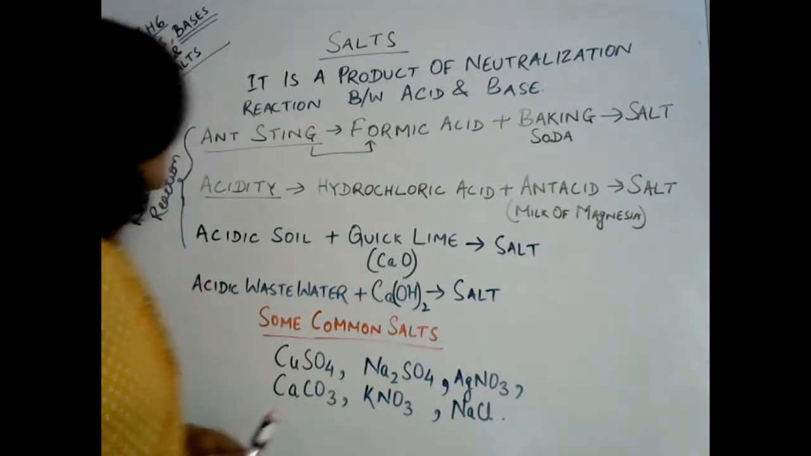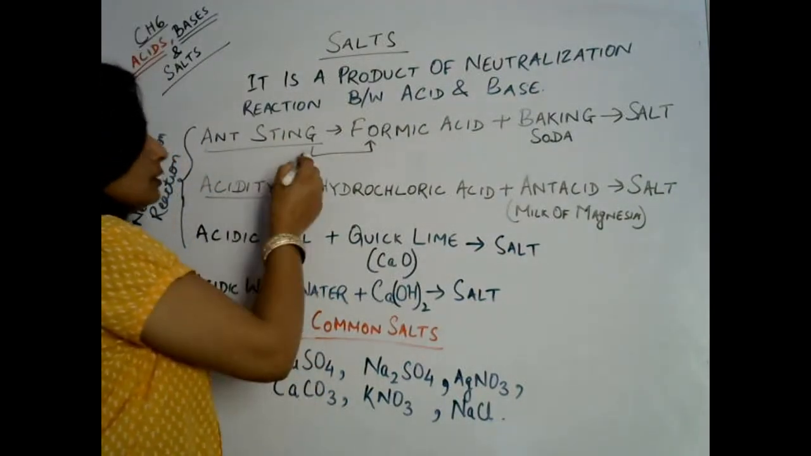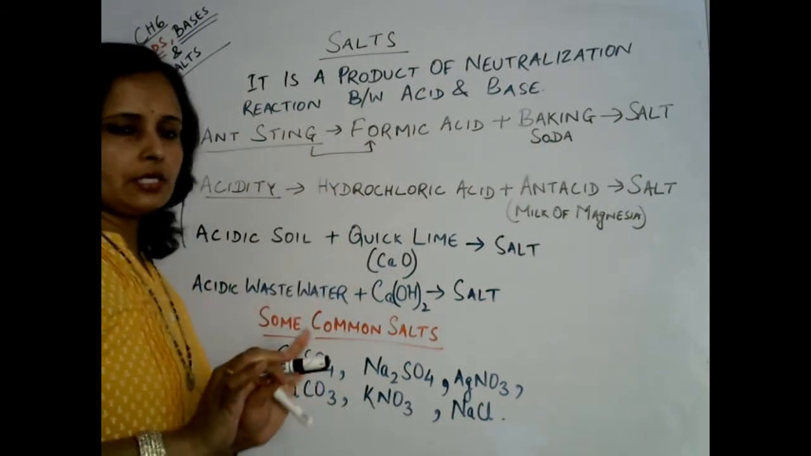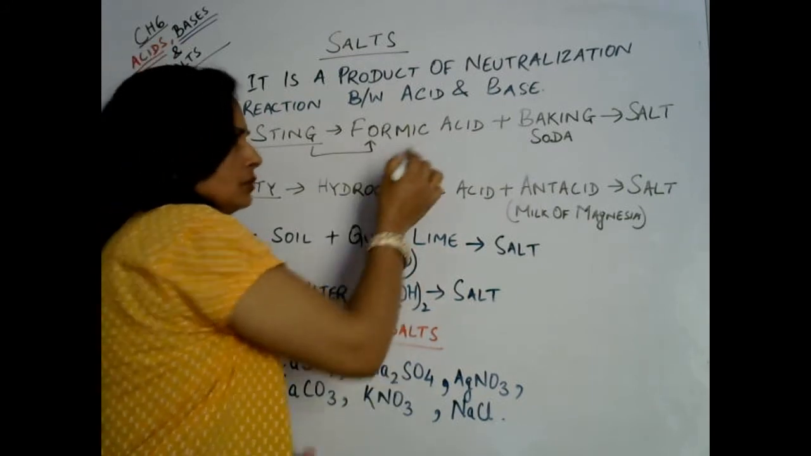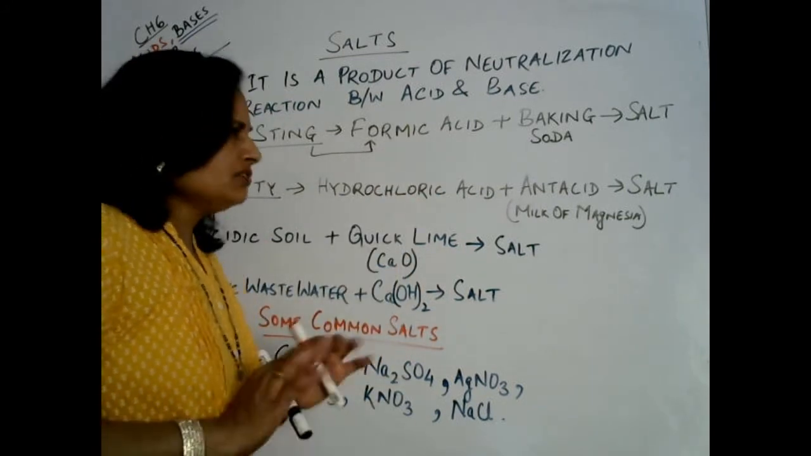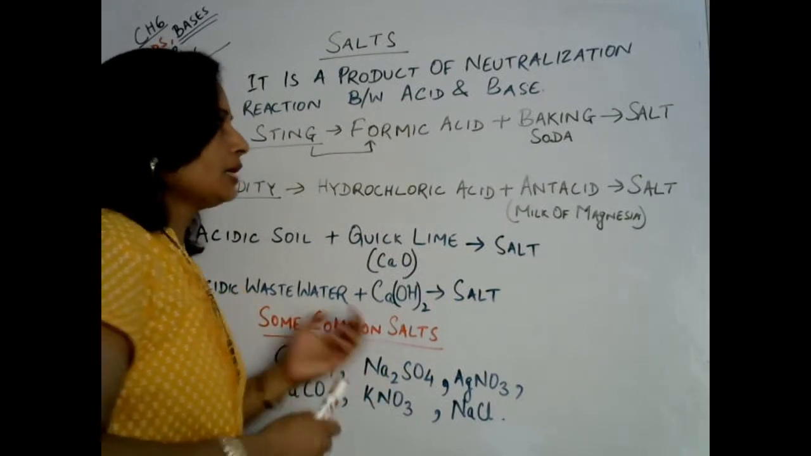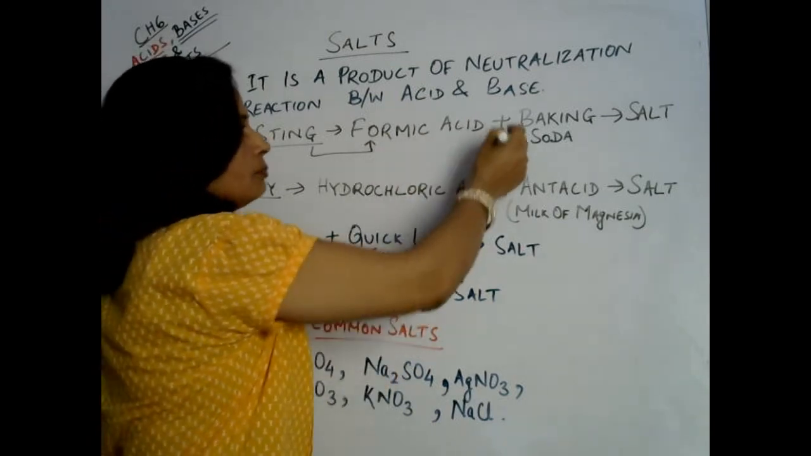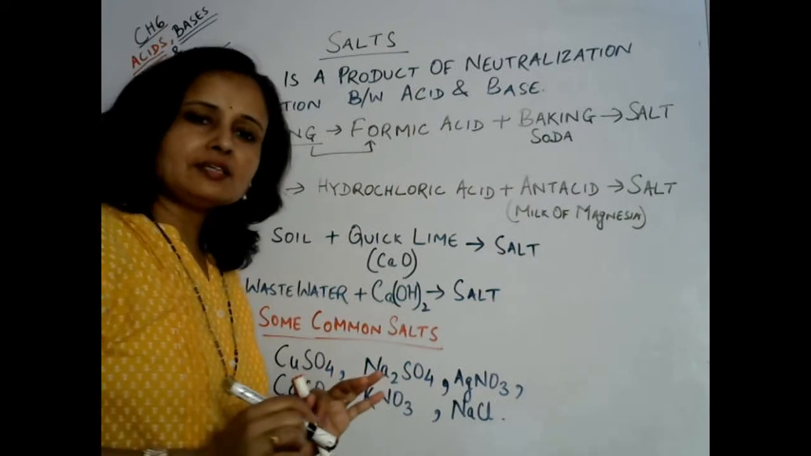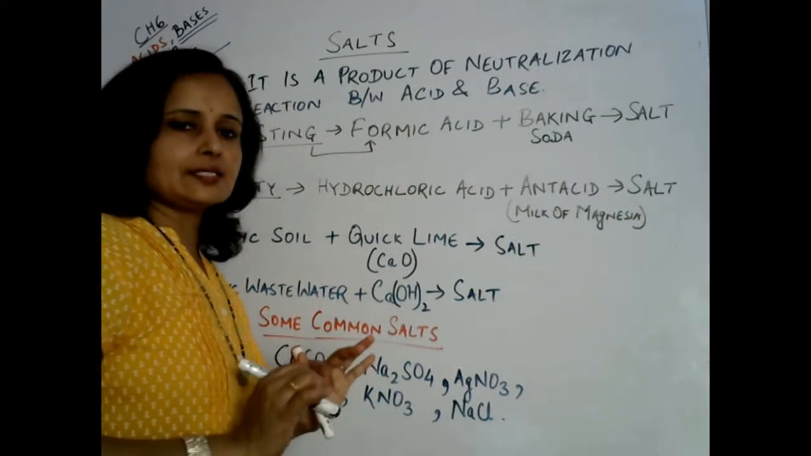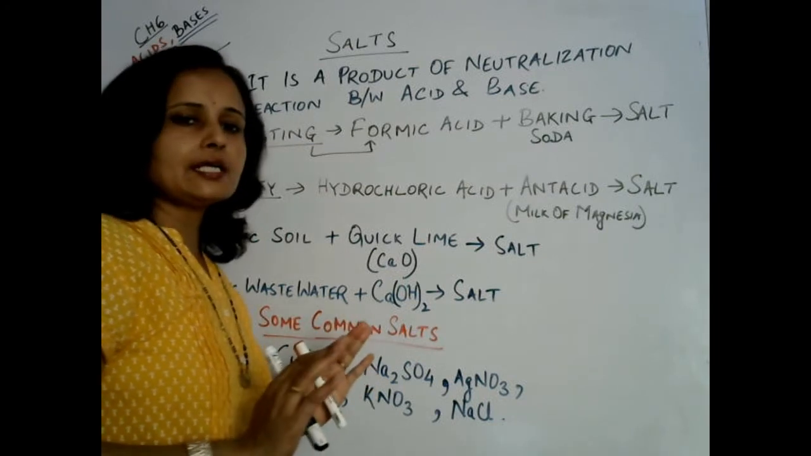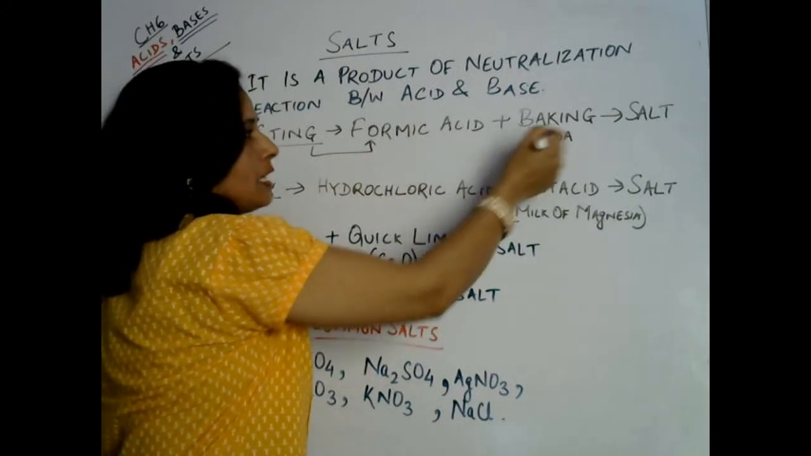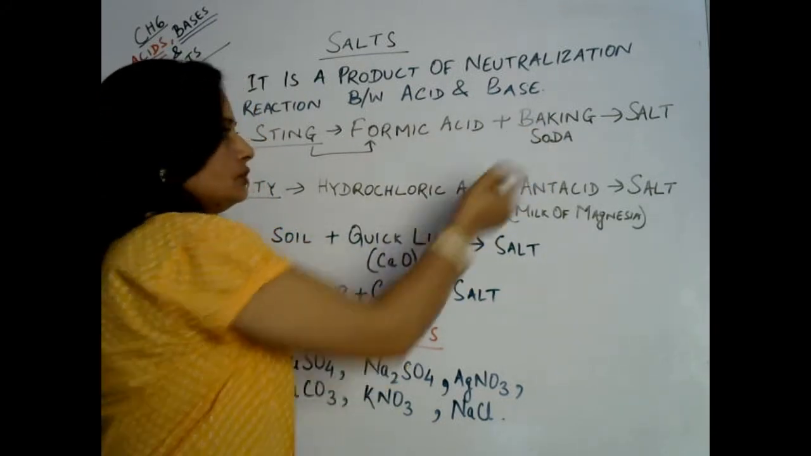First is an ant sting. If an ant stings someone, it releases formic acid. How do we feel then? We feel a burning sensation on our skin and maybe reddish patches arise. It can be cured by putting baking soda over it. Why baking soda? Because baking soda is a base, so it will neutralize the effect of the acid. The effect of formic acid is neutralized by adding baking soda, and due to neutralization, salt